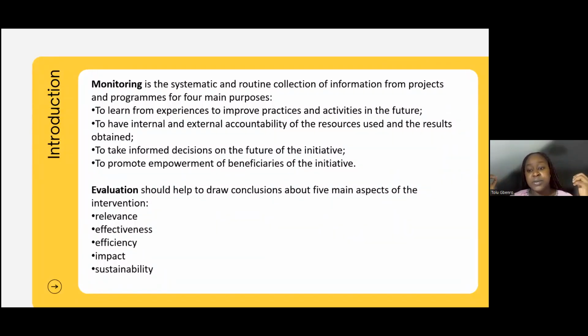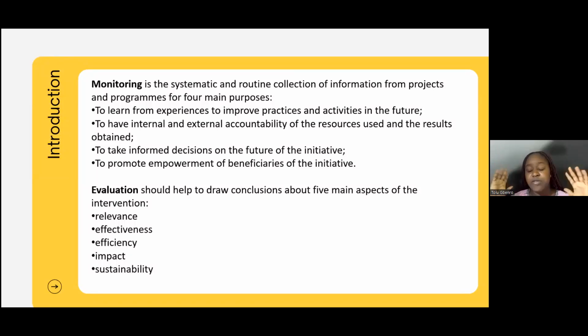Another one is to take informed decisions. Here we see a lot of advisory groups. We see a lot of youth groups. And the essence of this intergenerational solidarity, intergenerational movements, is to merge the wisdom of the old and young. I like to say the wisdom of the old with the technology and savviness and energy of young people. So monitoring allows you to do this.